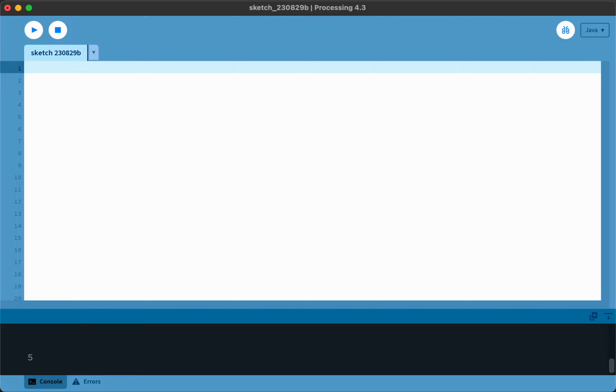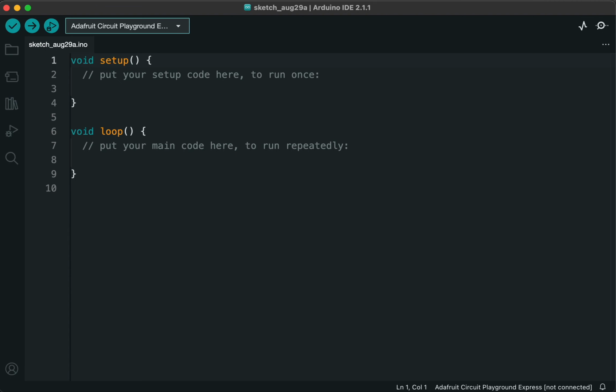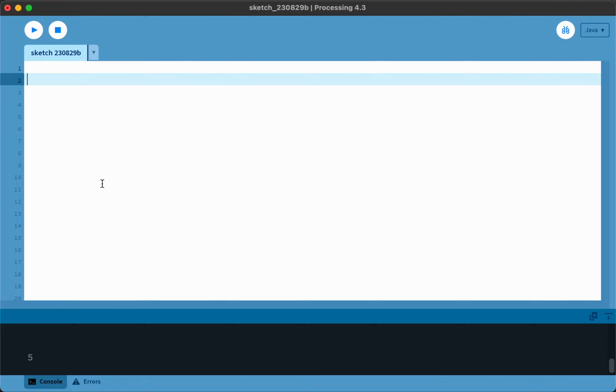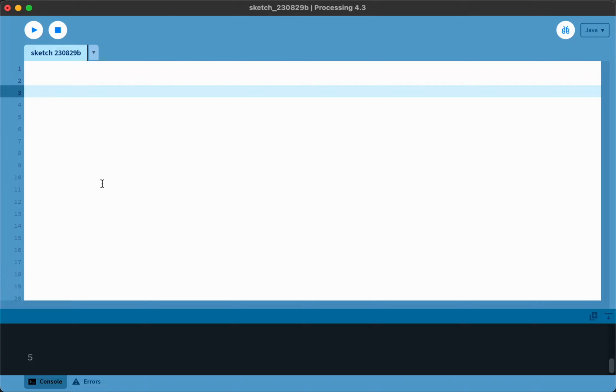It's based in Java instead of C. But the fundamental things I'm going to show you are the same and applicable to both. And at a certain time, I will switch over to Arduino anyway. I'm not going to be uploading anything to a board today, so I just want to show you some basic things. So our goal for the program we're going to write is